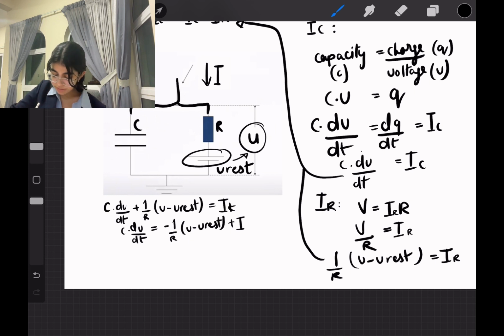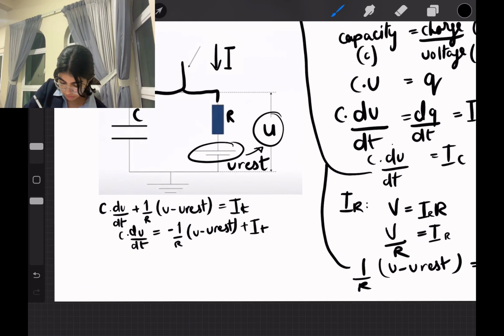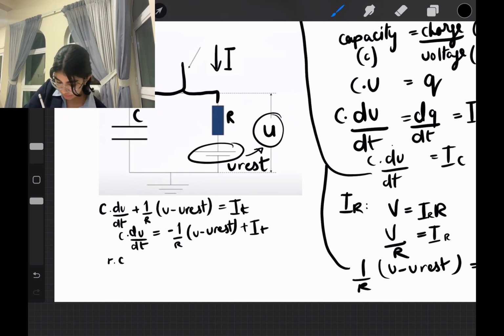Now, to simplify this formula, we would need to multiply both sides by R. So RC times dU by dt equals, this would be a subtract sign as it was taken to the other side. Since we multiplied this with R, the R's would cancel out, bringing this to minus U rest